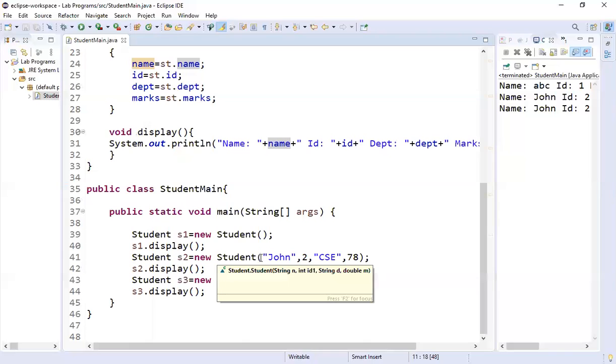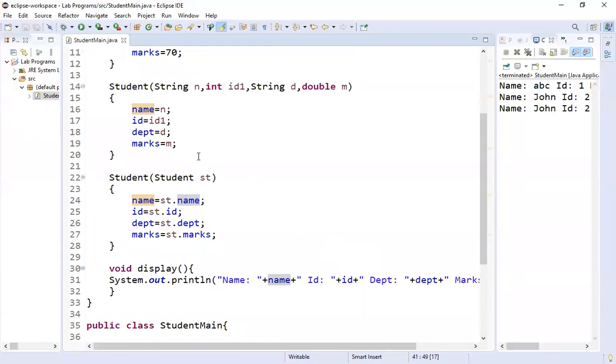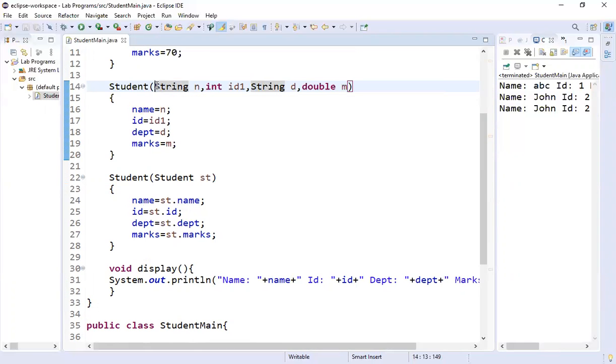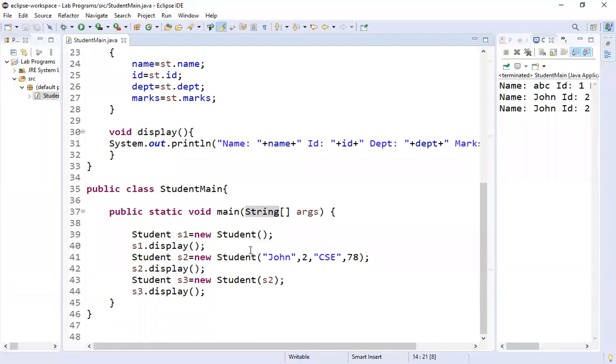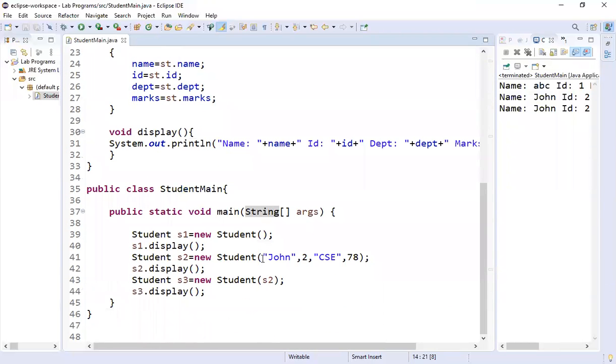Next, you have the second type of constructor. This is a parameterized constructor. Into this, I'm going to pass the values directly, and it is expecting that. How do we know it is expecting these four values? Because we have declared it so here. See here, four values have been passed, and this parameterized constructor is going to catch these four values: string n, int, string d, and double m, all in the same order. The variable type or the name that you use can be anything, but the order you need to maintain in the same order that you're passing the values here.